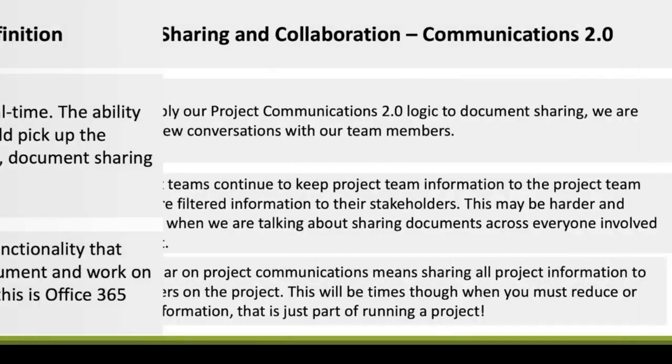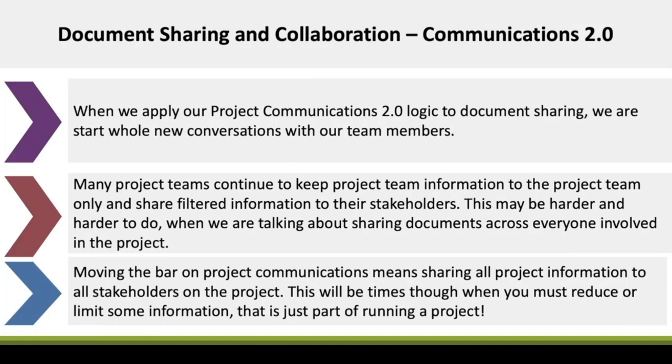When we think about Project Communications 2.0 and document sharing, we're starting a whole new level of conversations with our team members. Many project teams continue to keep project information within the project team, and it is shared and filtered to their stakeholders. It may be harder and harder to do when we're talking about sharing documents across everyone involved in the project, but moving the bar of communications means sharing all information with the stakeholders on the project.